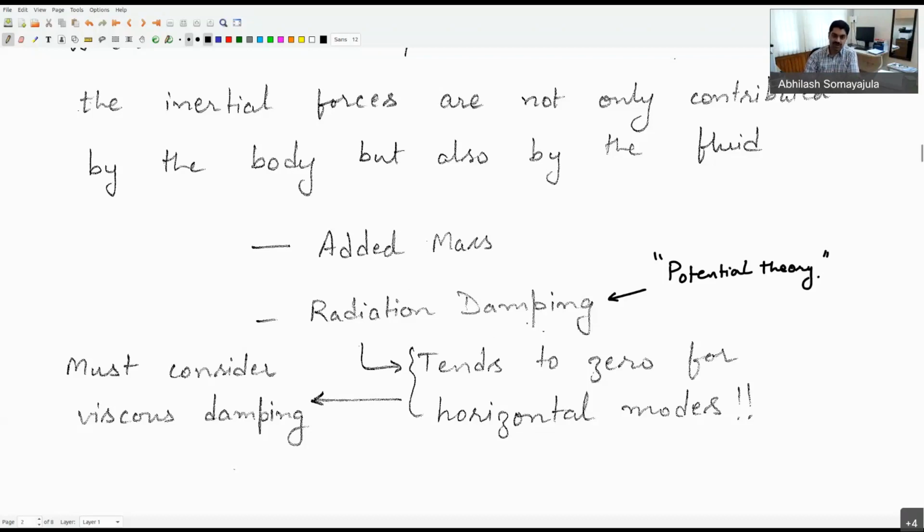So therefore, in order to consider the dynamics precisely, what we find is that instead of the radiation damping, the viscous damping becomes important and must be included when we are modeling the maneuvering modes. In contrast, when we are looking at the so-called sea-keeping modes or the station-keeping problem, the radiation damping typically has a much higher value. So if we look at its value in heave, roll, and pitch,